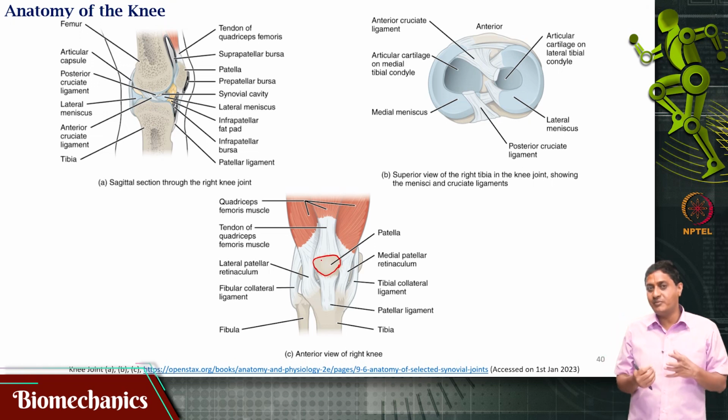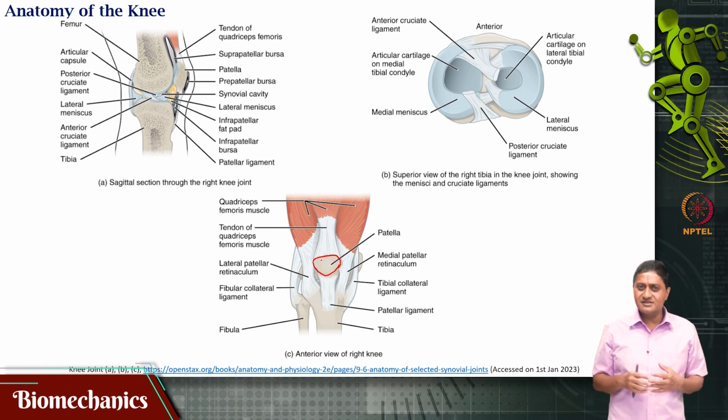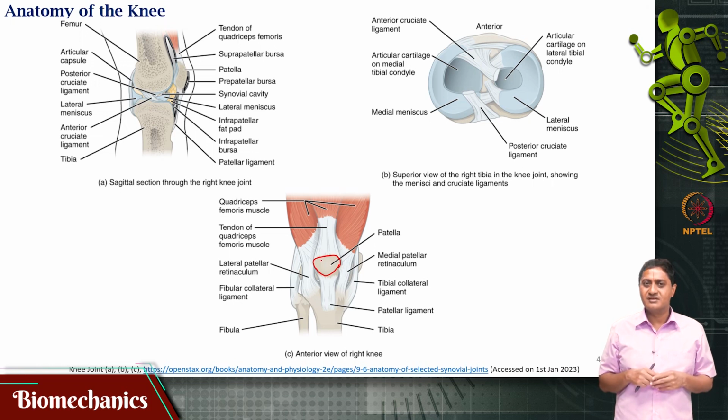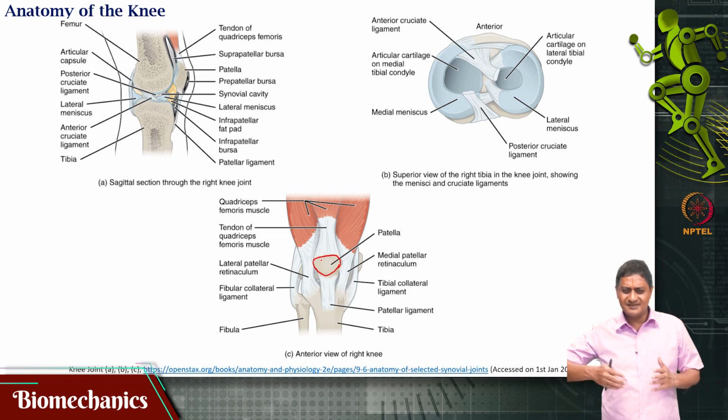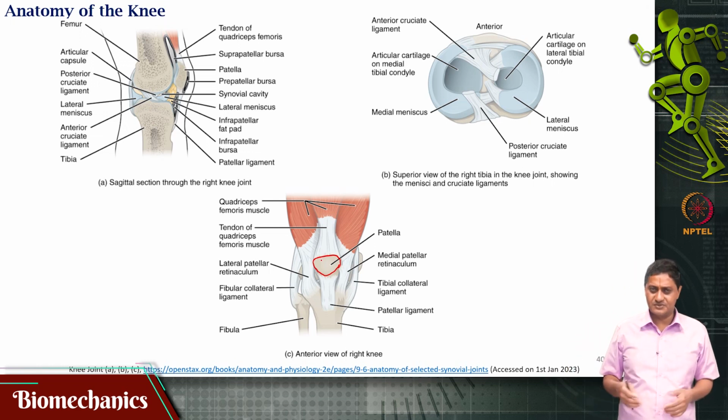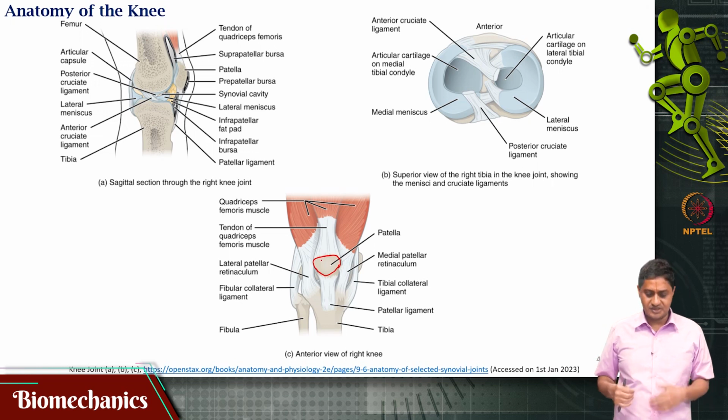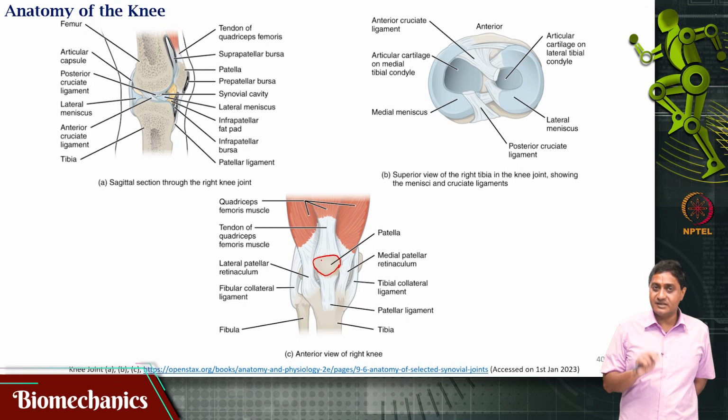So, tibia and femur have 2 joints. You can consider this to be technically 2 joints, the tibiofemoral joints: the medial tibiofemoral joint and the lateral tibiofemoral joint. Or you can consider these to be a single joint because it is 2 bones that are interacting, but technically these are indeed 2 joints. Okay. So, these are the medial and lateral tibiofemoral joints, and on top you have the patellofemoral